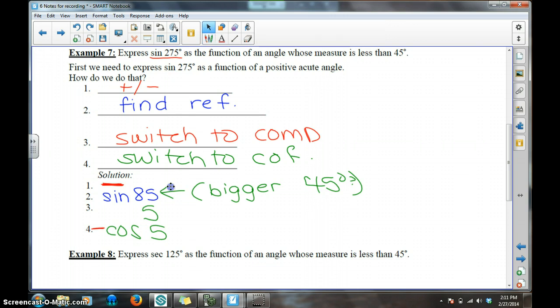Why does this get hairy? 275 in quadrant 4, cosine is positive. So should I really have that negative? Yeah. Do you remember me growling at